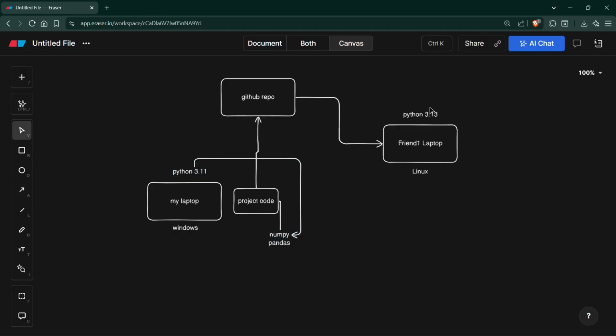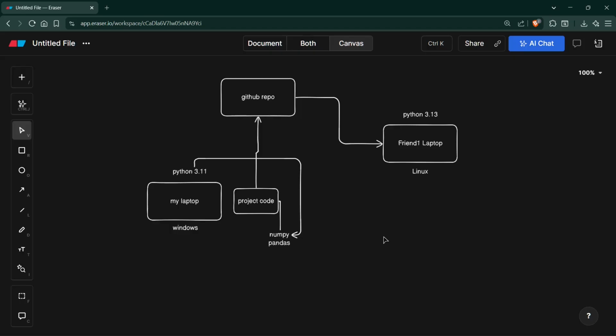But when we go to Python 3.13, they don't have access to that feature or function, which they have deleted. So now the problem is, because I have access to this specific function in NumPy, this program works properly on my computer. But when my friend tried to run that program, he doesn't have that specific dependency or that specific function present in NumPy, so he is getting an error.